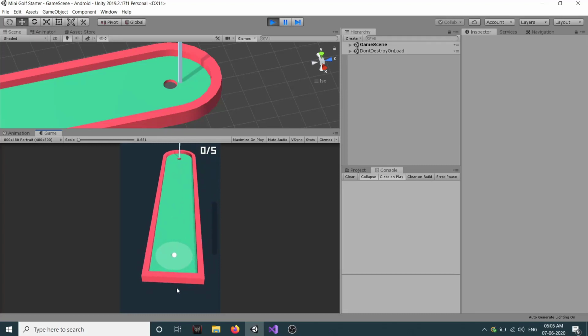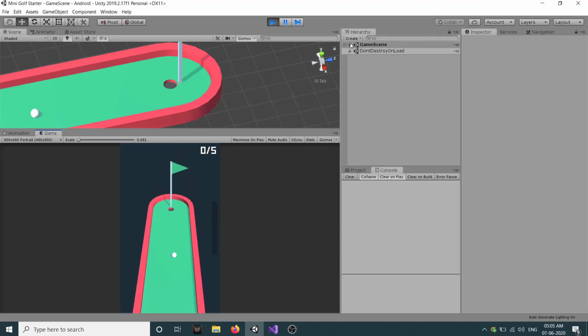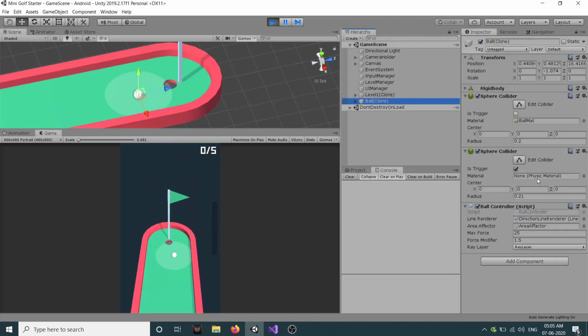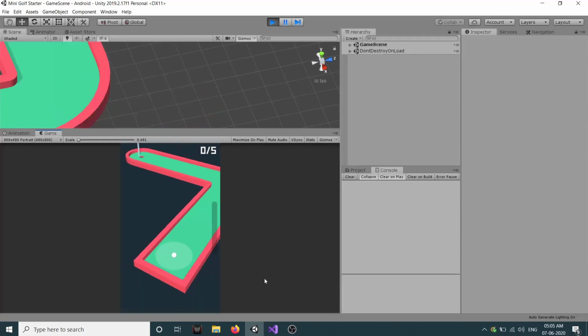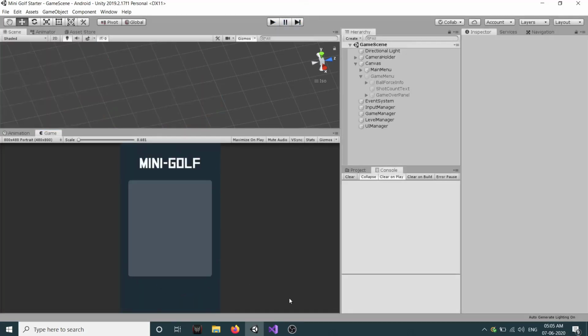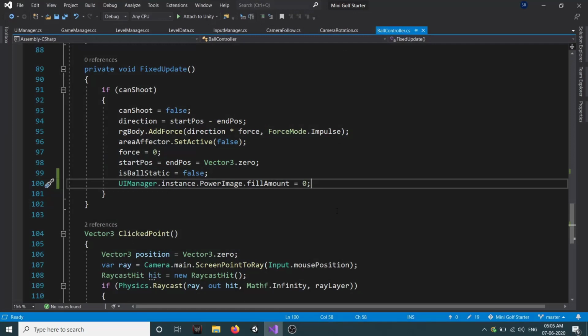So guys, you can work on this force thing, how much force you want, because as you can see we have this modifier here, force modifier and all those things. Let's try to make a goal here, and I don't know why we are not able to set our short text. We'll check it at once. Okay, as you can see, once we go into goal, our level is complete and we go to next. If I click on next button, we load our next level. So let's try to fix that bug.